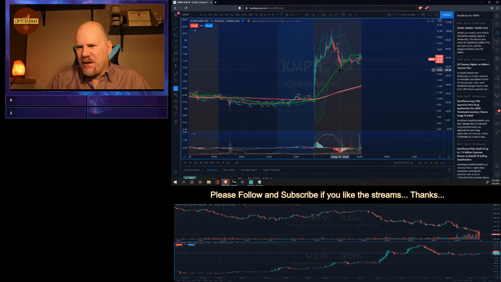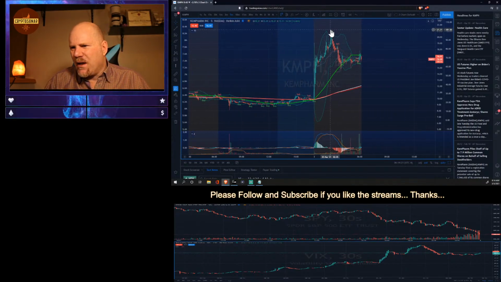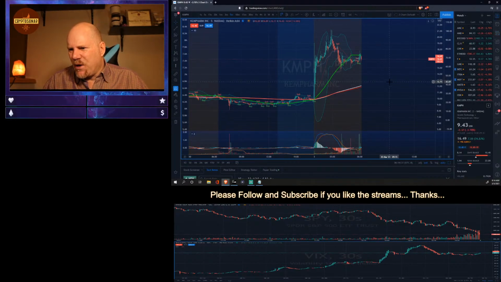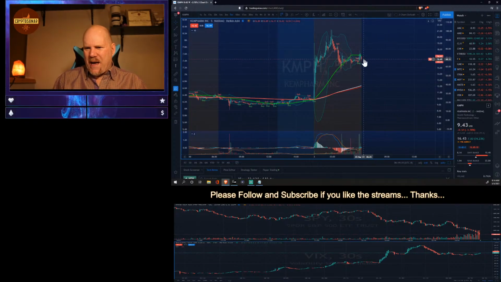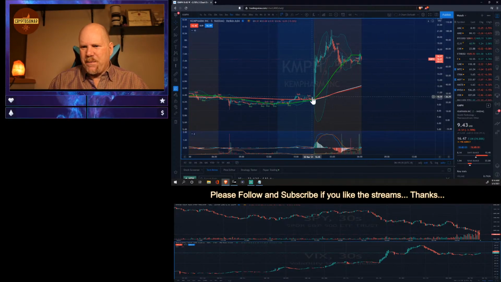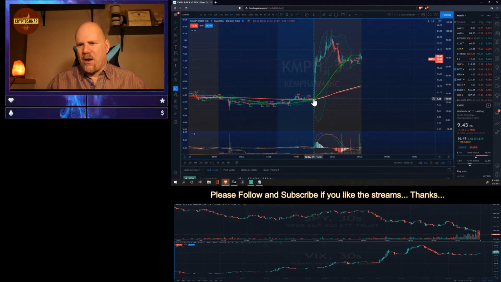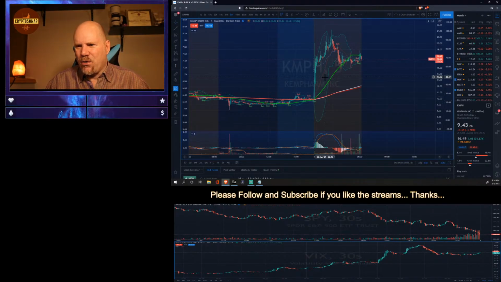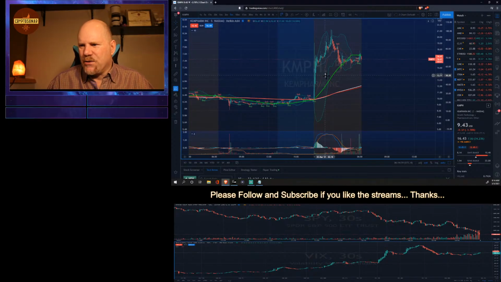Be careful if you trade this one. It looks like it peaked out at 21.21, back down into the 16 range on news pre-market. Usually what happens on this is because it ripped, the pre-market opens up at 4 o'clock in the morning Eastern time. So 1 o'clock in the morning Pacific. You can start trading if your broker allows you. You can also do it from 4 to 9 p.m. Eastern time if you want to trade after the market closes, if your broker or the firm that you trade with allows you to do so.